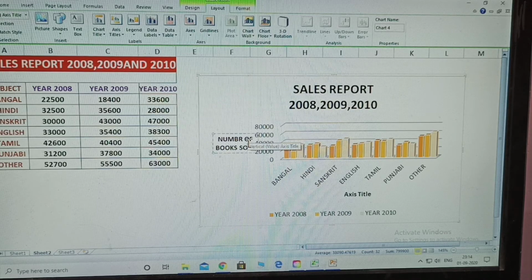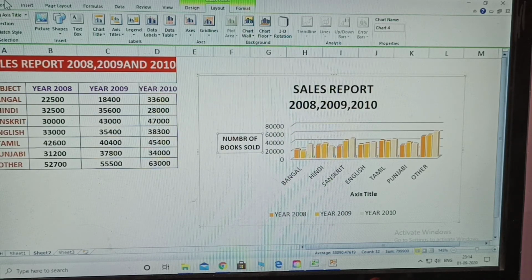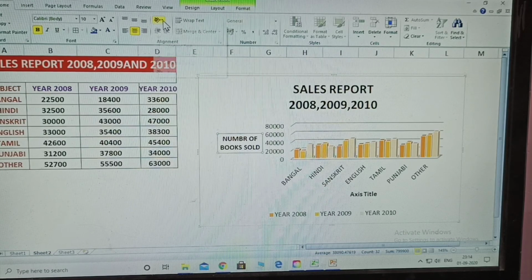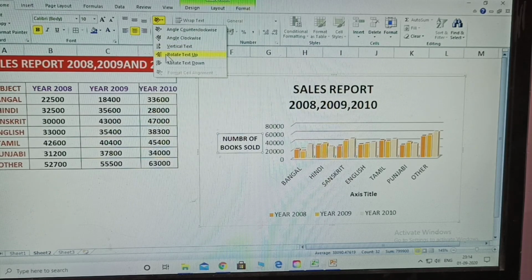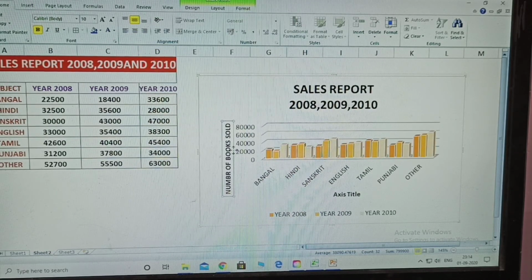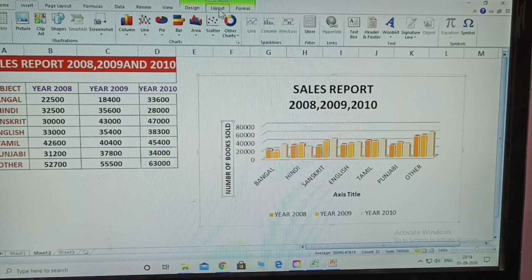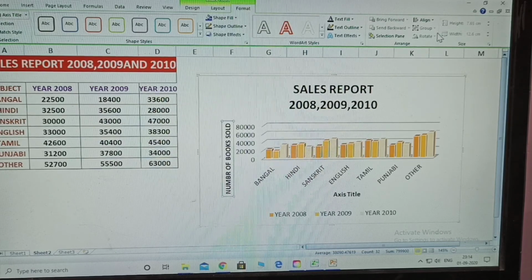After this, how to rotate that name? We go to Home, and rotate it vertically or horizontally. That's why, after clicking, you need to decide how the title will be rotated. If it is not rotated here, you select this. After that, go to Format, where it can also be rotated. Okay, two types of rotation are there. After that, the y-axis is given here. Title, what is this? All are subjects. Also give the subjects there.